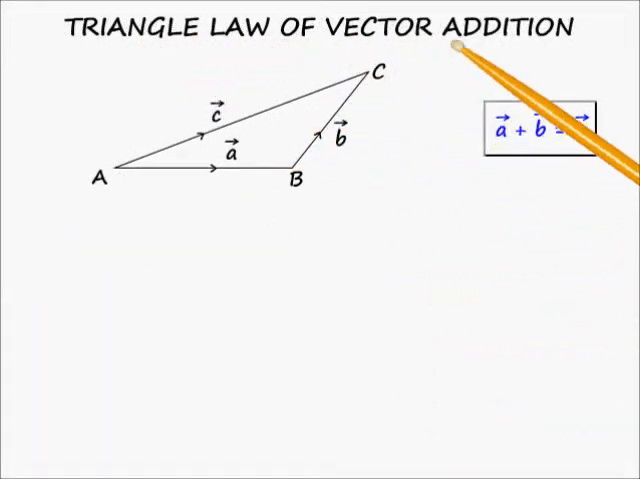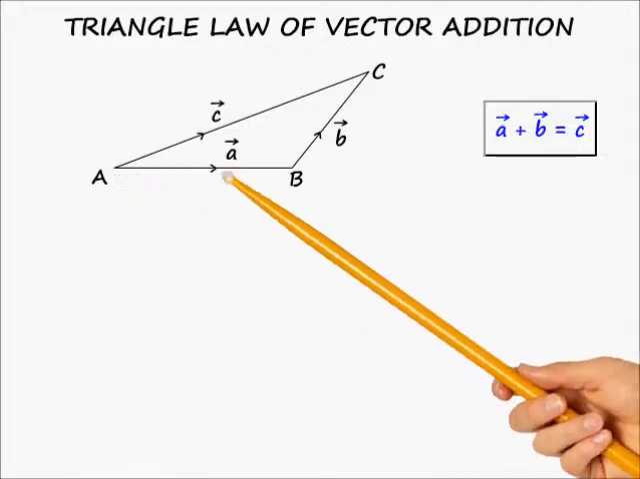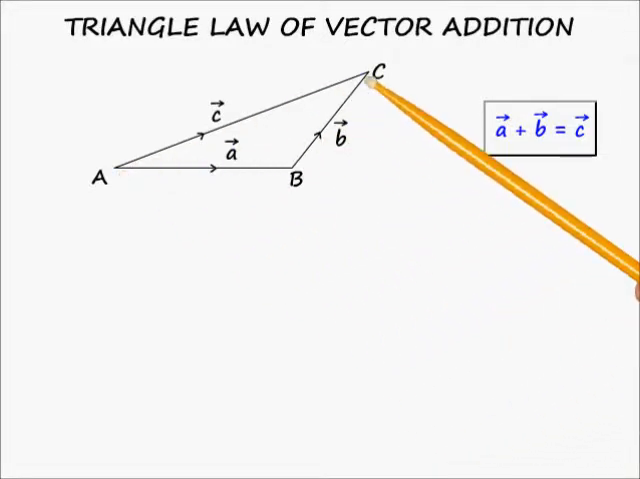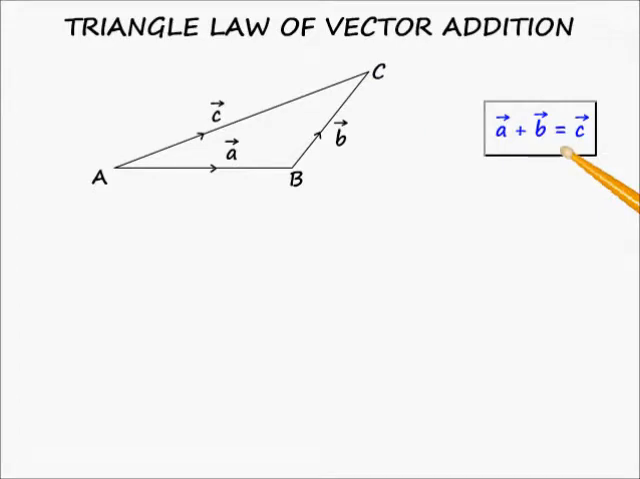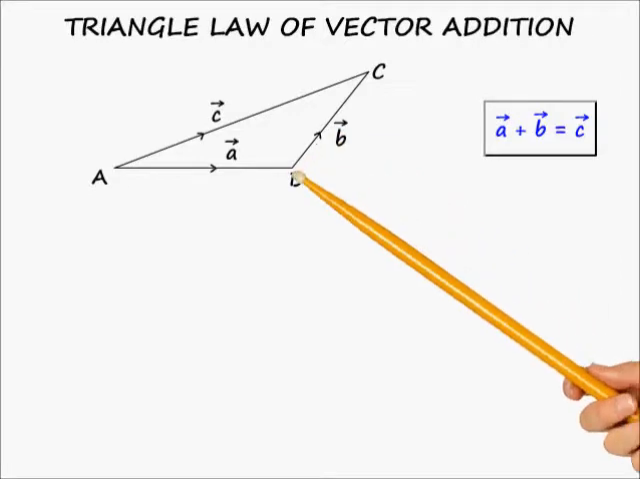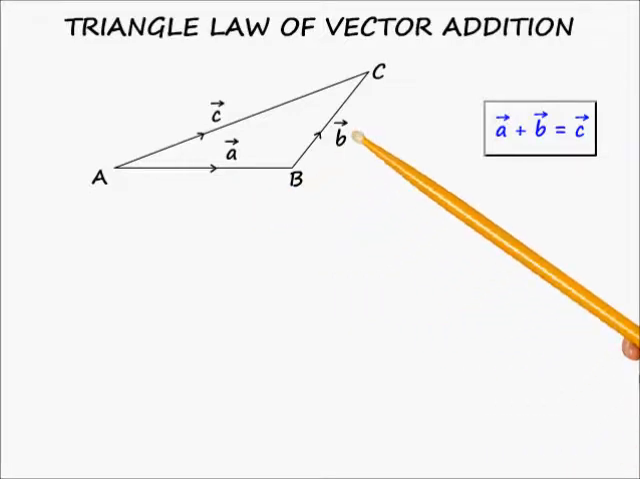Triangle law of vector addition. Now watch this triangle carefully. This is vector A and this is vector B and this is vector A plus vector B. Thus it follows that if two vectors are represented by two sides of a triangle taken in same order, where same order means that terminal point of the first vector must coincide with the initial point of the second vector,